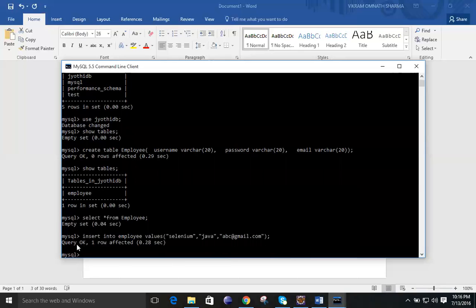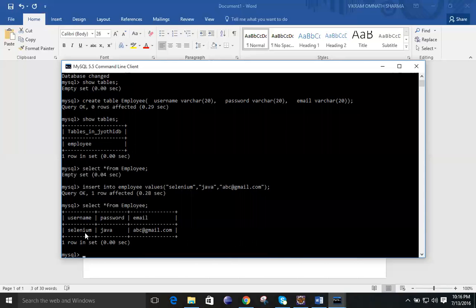You can see the message that one row affected, which means this row is present now. We will see. You can see the username in the employee table. The username is Selenium, the password is Java, and the email is abc@gmail.com. Like that you can insert some more values.